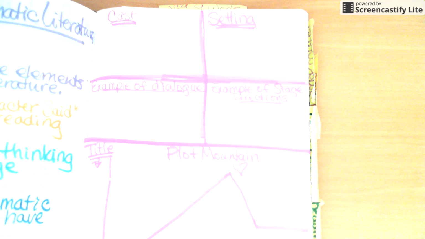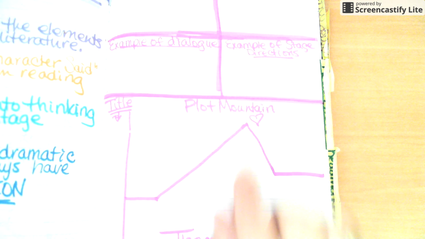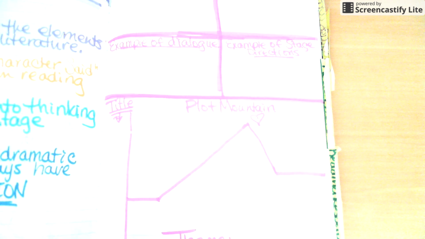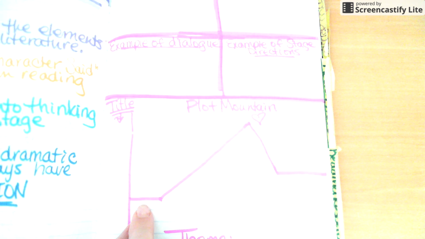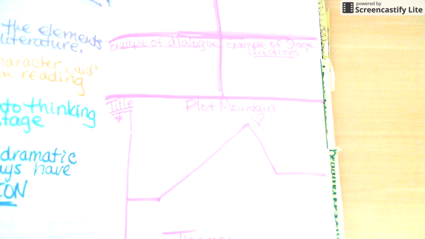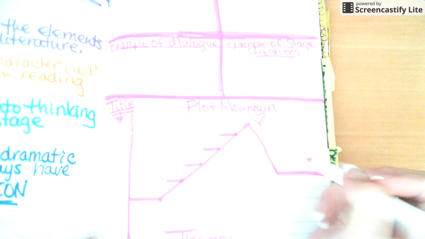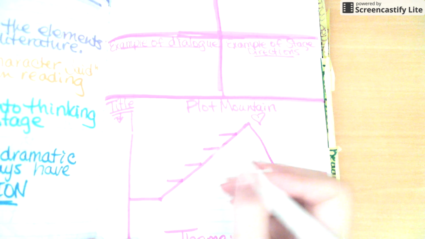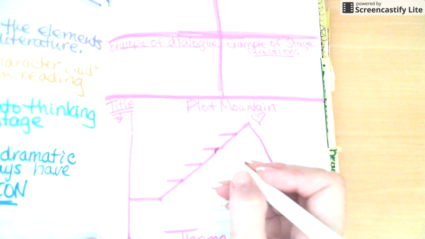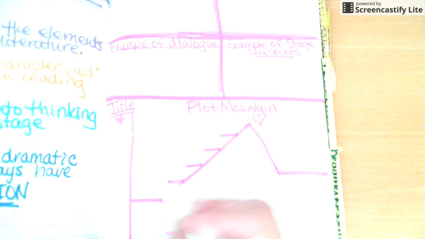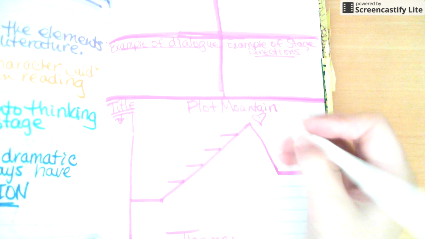All right, if we look at our structure for tracking our plots as we're reading, we have our plot mountain as part of this. All of our stories, all of our plays are going to follow a plot. There's going to be a beginning that's going to set up our characters and our setting. Then we're going to have that rising action piece that'll have the events that take place that lead to the heart of the story. And there will be several events that are really important to lead to that heart of the story. If we don't have those, we don't have a story. Remember, the events are not the details of how it happened, but the main events, the main things that happen along the way.